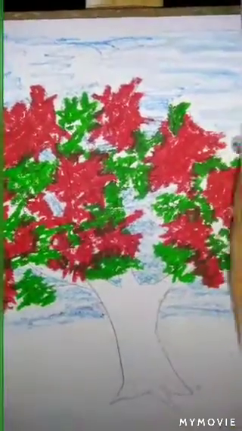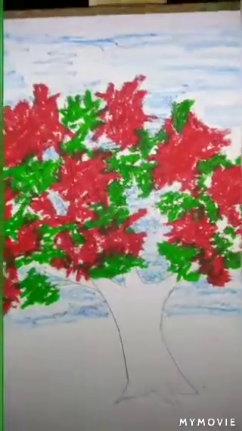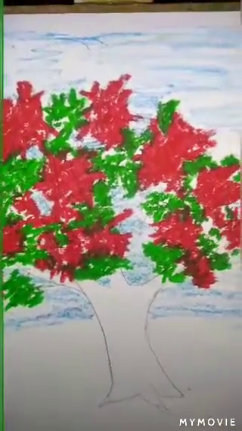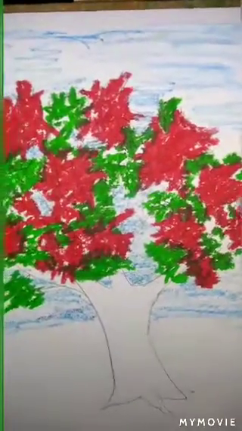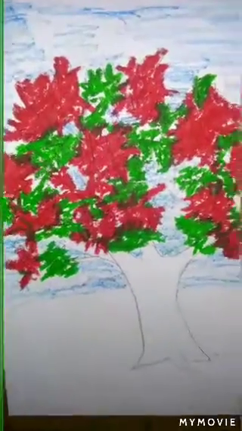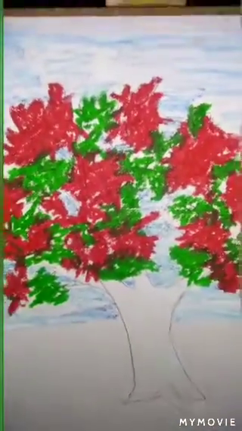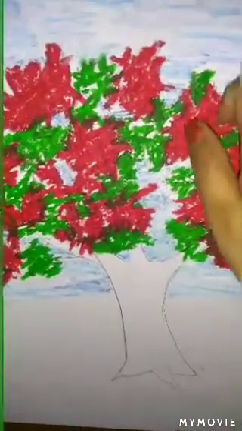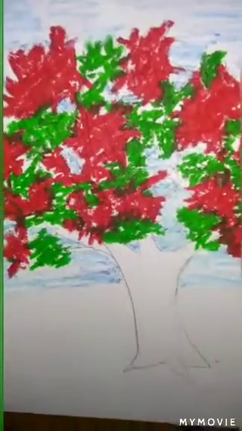Now we can use a little white to smoothen it. I'm just trying to smooth the sky a bit. We don't need to do it very detailed. We don't need much detail. Okay, I colored the white very lightly as well, and we can use our finger or a tissue paper to smudge it further.